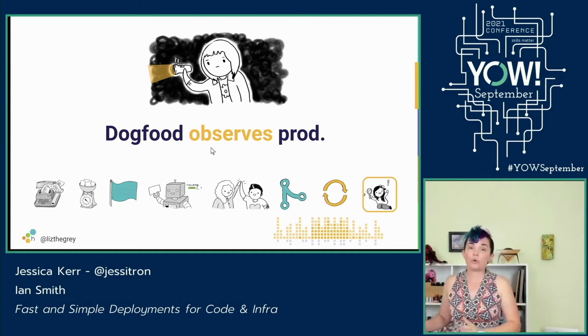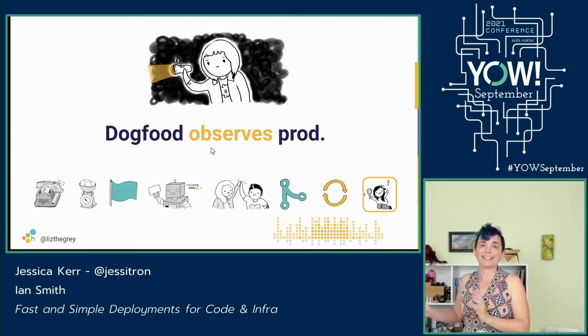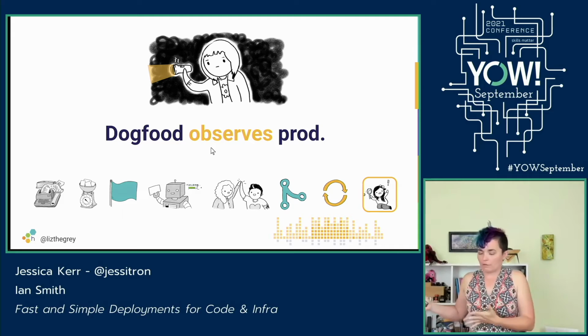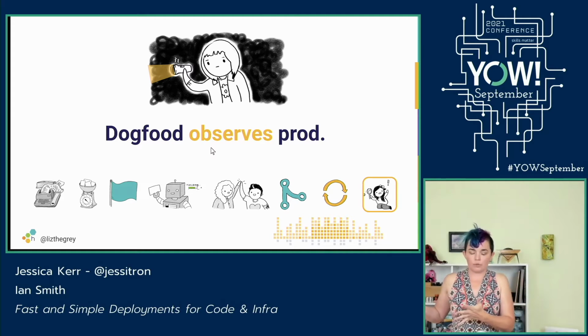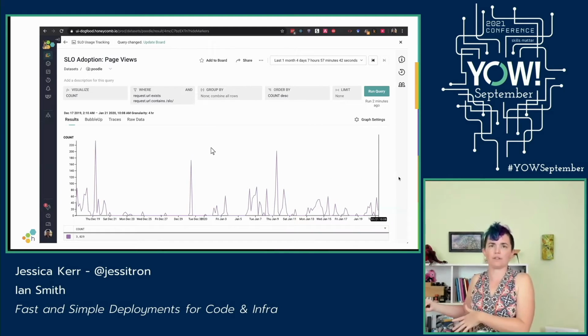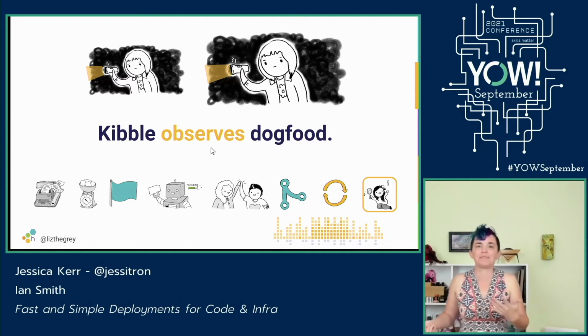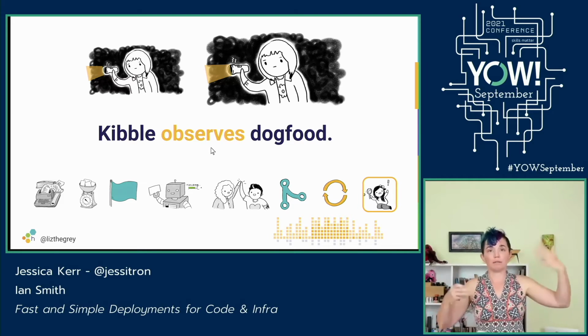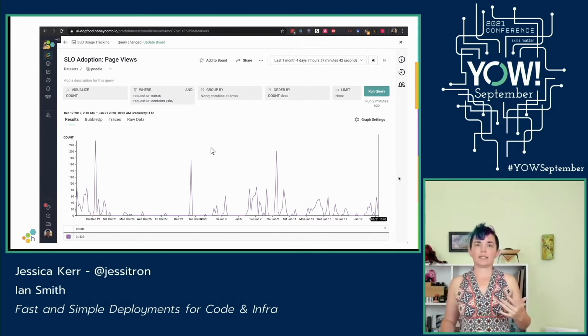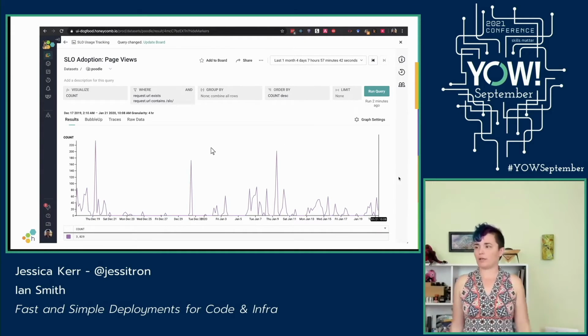It's running the same code as prod. We don't run different code. This is not a staging environment. This is another production environment that we can separately tweak feature flags on. But of course, if we're going to tweak feature flags and observe stuff in dog food, then we need to observe ourselves observing stuff in dog food. So we also have kibble. This is fine. So there are three environments where we can have different feature flags, but they all run the same code. And here, for instance, if I've deployed a new SLO adoption page, I can go look at whether